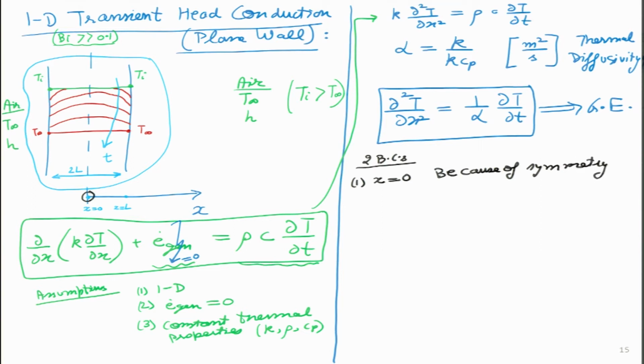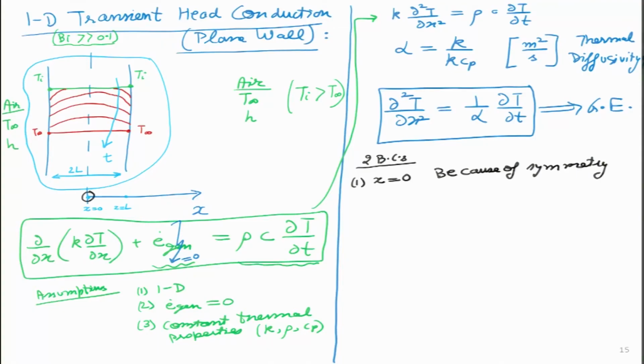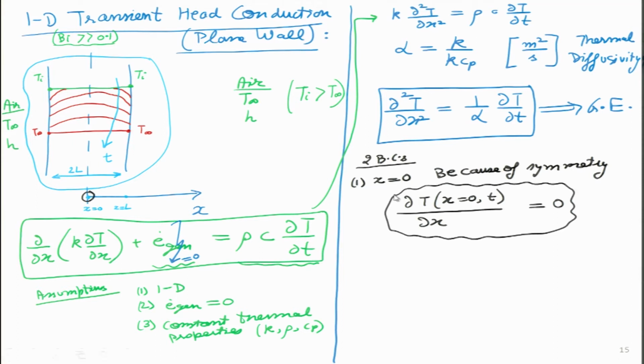on both sides, I can take the mid plane wall as kind of an adiabatic condition, which means del T by del x has to be 0 at all times over here. So, this statement I will write in terms of mathematics like this: del T by del x at x equals to 0, but for all times, is equal to 0. So, this is my first boundary condition. In words, this essentially says that the slope of temperature at the mid plane will always be 0. So, it cannot be increasing or decreasing at x equals to 0.